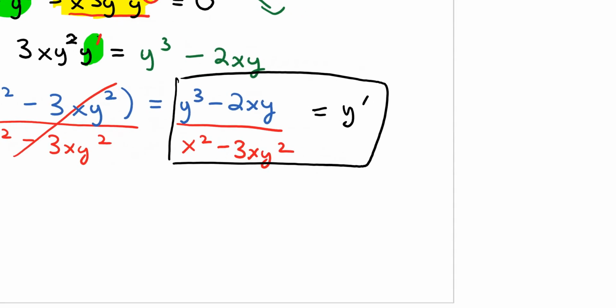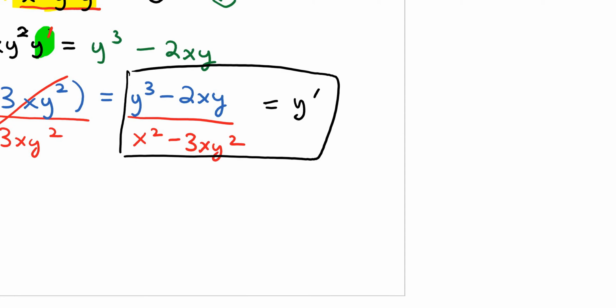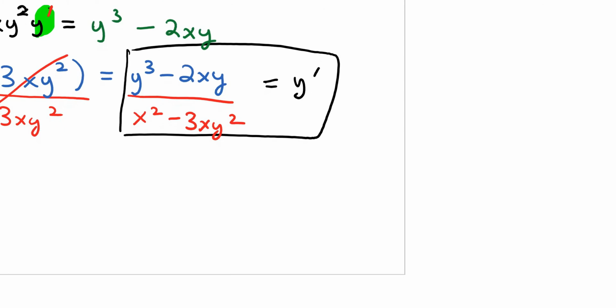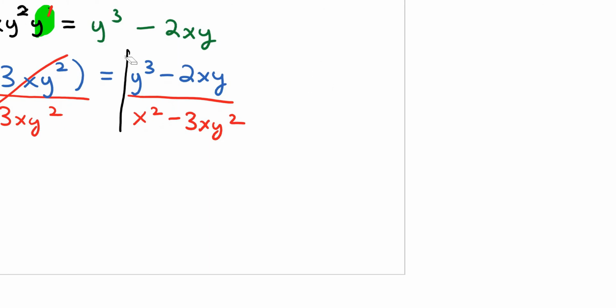Alright, now this is my derivative expression, right? So I want to make my derivative be undefined, because at the beginning of the problem, we're looking for a situation where the tangent line is vertical, and the only way you have a vertical tangent line is when your slope is undefined. Okay, so the good news is this is a fraction. Let me just erase this. And if I want to make this equal to an undefined situation,